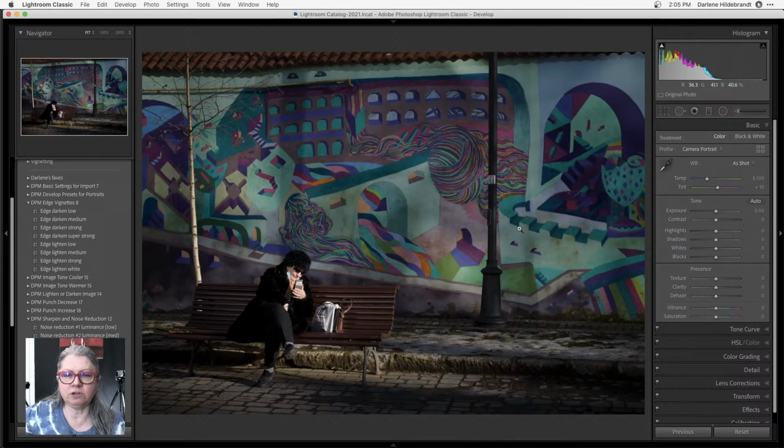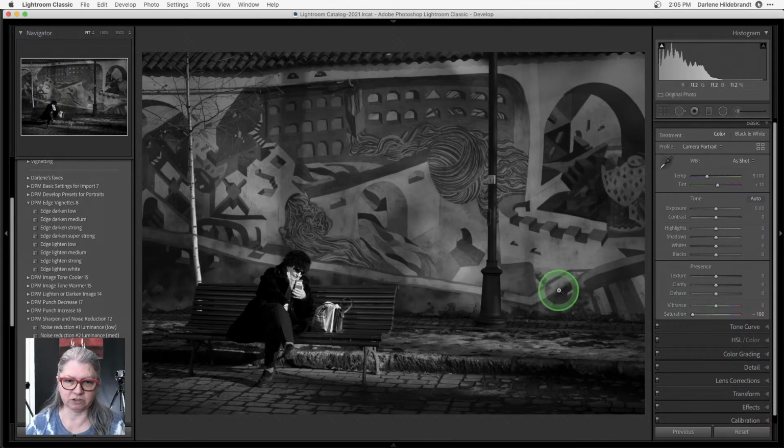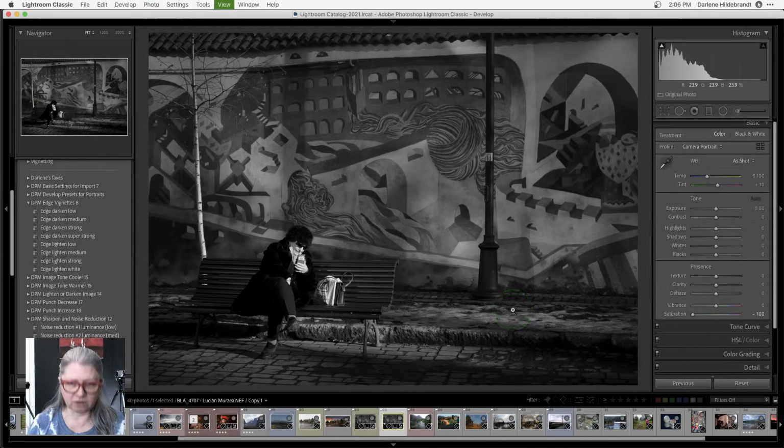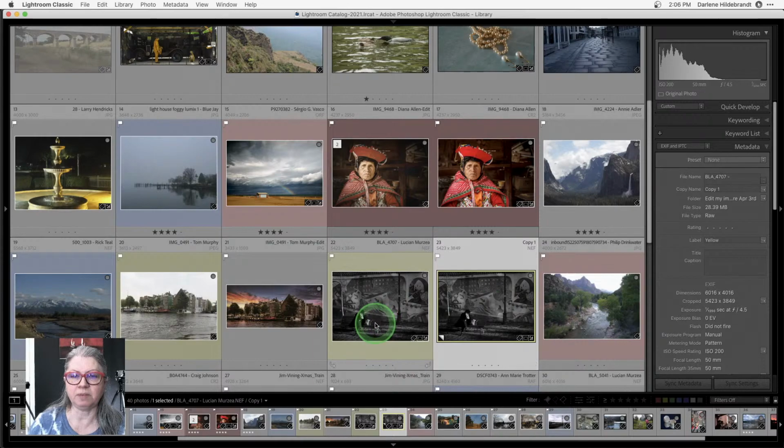Okay, so if you are using Lightroom to do your main editing, you're going to be going up here to black and white. So you want to switch it to black and white. Don't use the saturation all the way to the bottom, because what happens is you can't control the colors. Now what I'm going to do is make a copy of this image. You can make what's called a virtual copy by Command apostrophe. What that's done is you can see that there's now two thumbnails of this image inside of Lightroom, but I haven't duplicated the original. I've just made another thumbnail.